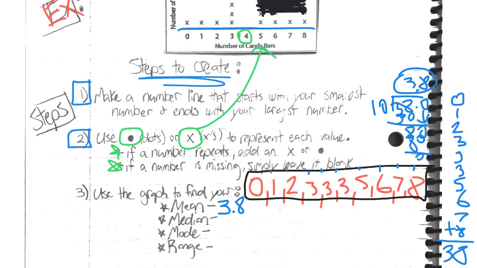Then our median, like when we're driving down the road, our median is in the middle. So we are going to cross out until we get to our middle number. So I'm going to use yellow so I can still see the numbers. So 0 and 8, 1 and 7, 2 and 6, 3 and 5, and I'm left with 2 numbers in the middle. But since those 2 numbers are the same, we can just use 3, because if we do